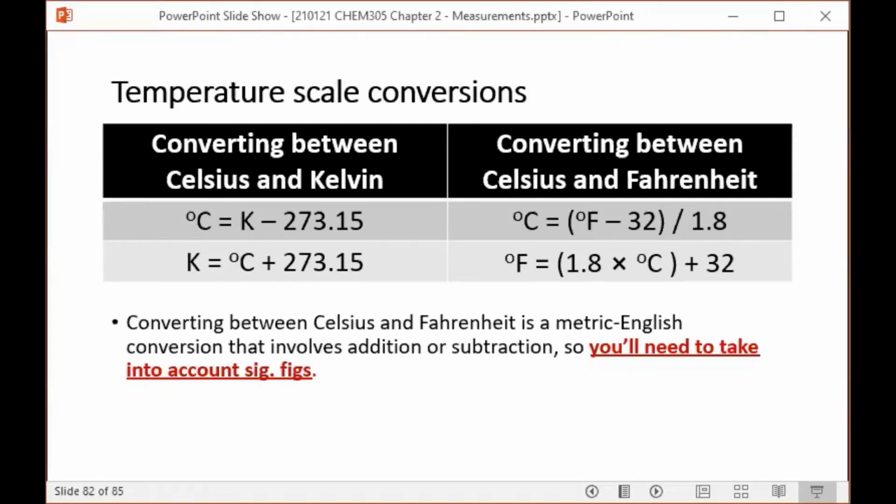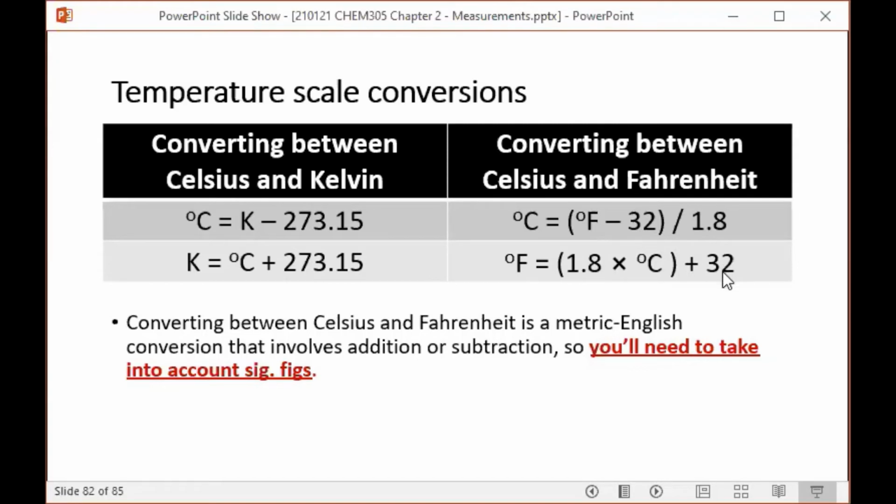So converting between Celsius and Fahrenheit is a metric to English system conversion, and it involves addition or subtraction. So you really need to pay attention to sig figs on these. Because it's between the two different systems of measurement, the English and the metric system, you have to keep track of the sig figs. The way to do this, because it involves addition and subtraction in addition to the multiplication or division step, is that the 1.8 and the 32 are assumed